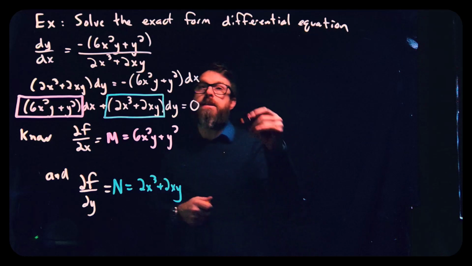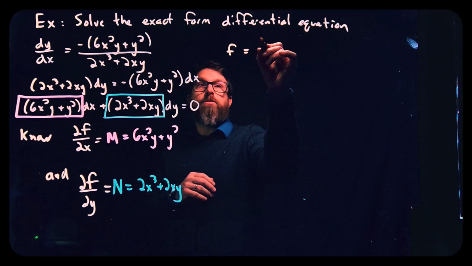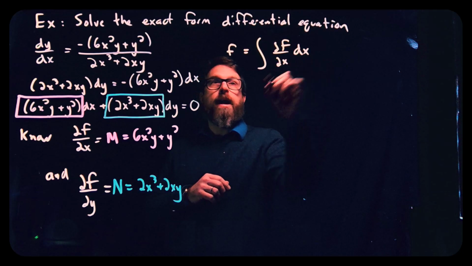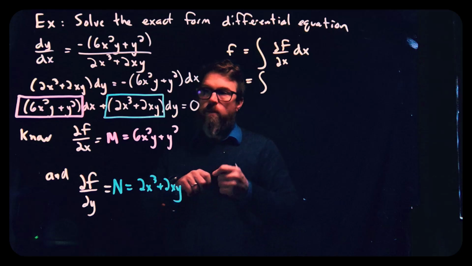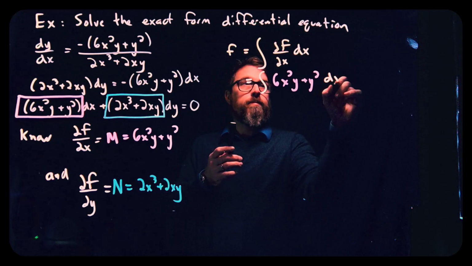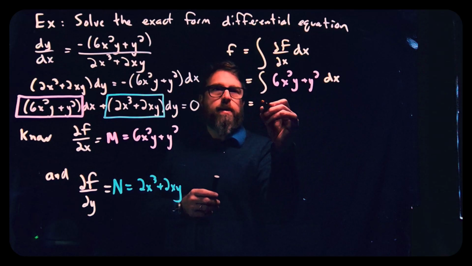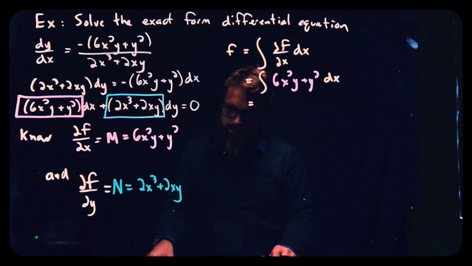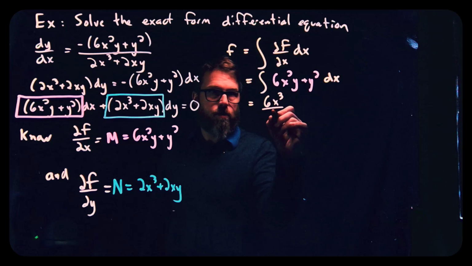So what this means is that our f function, or f of x comma y, should be equal to the integral of this df dx with respect to x. So I'm going to integrate this function, the 6x squared y plus y squared, with respect to x, because this is the derivative with respect to x. Now, integrating this with respect to x is going to give us 6x cubed over 3,